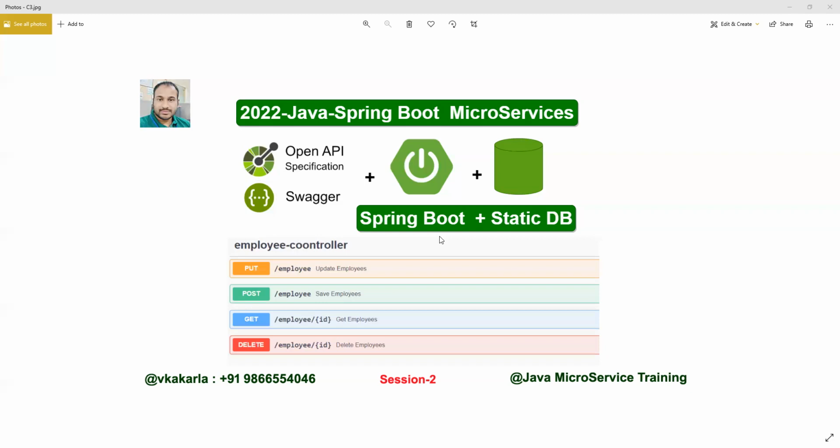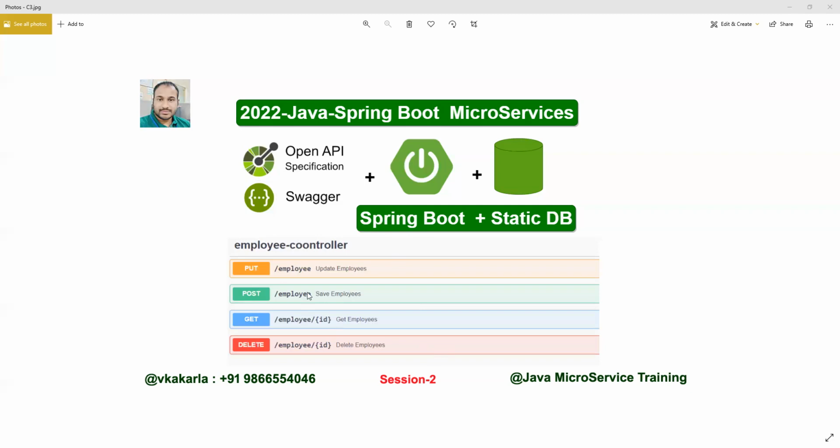So whenever you are running, you no need to run on a server. Simply right click on the Spring Boot project and click Run As Java application or Run As Spring Boot application, right? It will automatically create your WAR file or jar file. It will create a jar file. It will deploy the embedded Tomcat server. We can test our application, right? Such kind of offers Spring Boot is providing. That is the reason we call it a production ready application.